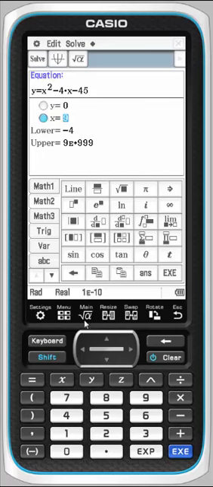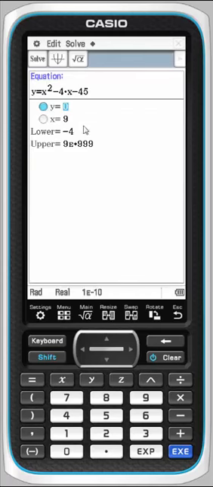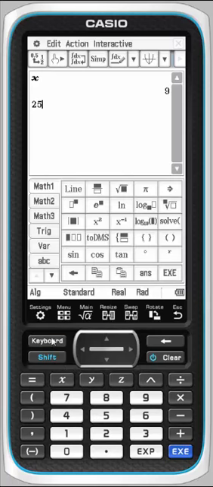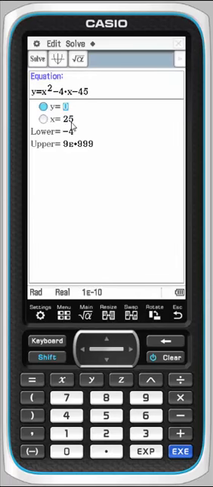Now look what happens when I go to the main computation and I look at what's stored in x. X is now 9. That is not a coincidence. If we go back to numsolve, you'll see that x was 9. Not a coincidence at all. So in main, if I were to take x and let's say I store 25, go to the keyboard and store 25 into x. Now we go back to numsolve, and look, x is 25.